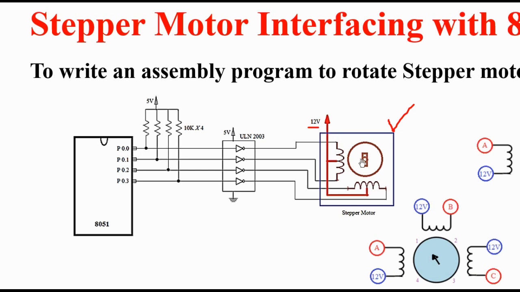Okay, it means that this is the load, this load requires lots of current, whereas this is the source and this source gives a very low amount of current. So this motor will not rotate at all, because this motor will not get the current which is required for its operation. So for that purpose, to fulfill all those conditions, we have used this IC, that is ULN2003.